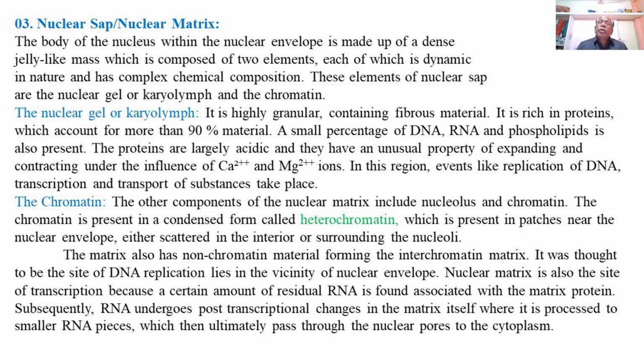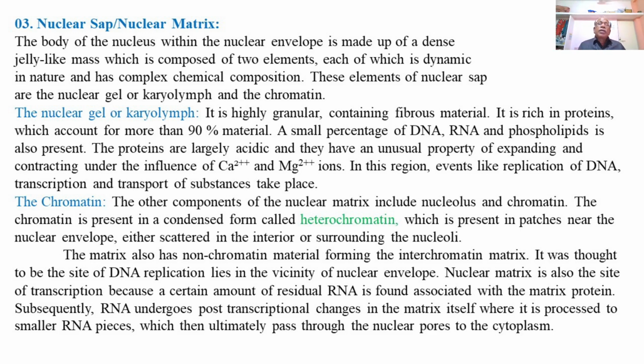Then another type of chromatin material present in the nucleoplasm is euchromatin, which is a loose form of DNA, or uncoiled DNA, and it is extended or scattered in the nucleoplasm. It contains comparatively more DNA and less amount of RNA. It occurs in the center of the nucleoplasm. It is genetically active and thus easily gets involved in the process of transcription and translation, that is, mRNA synthesis and protein synthesis respectively.